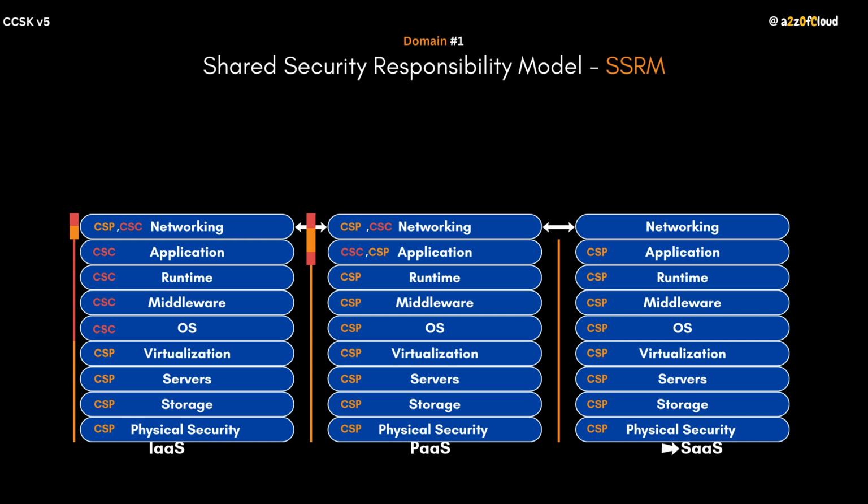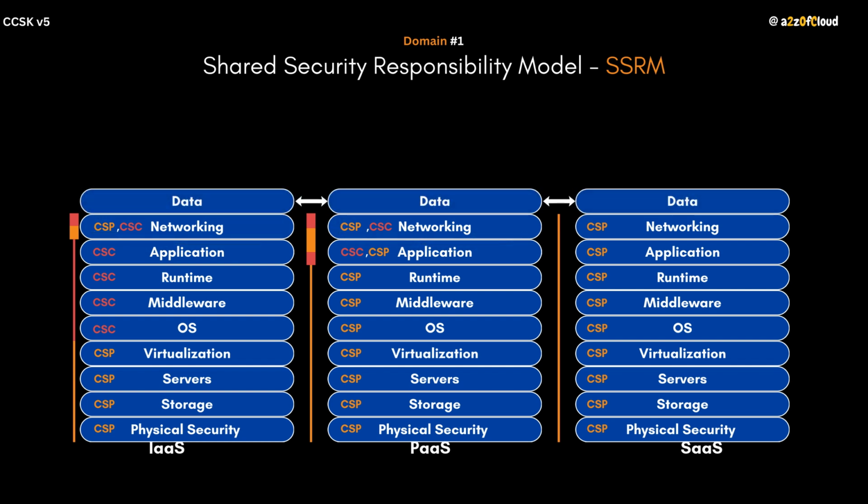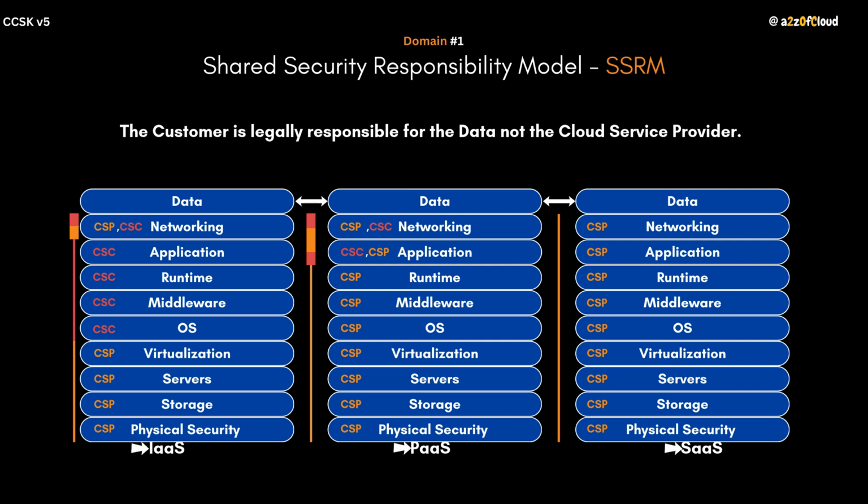In the software as a service model, all the responsibility mentioned in the infrastructure as a service model and the platform as a service model becomes the CSP's responsibility. The next layer in the shared security model is data. In all the cloud service models, the customer is legally responsible for the data. In other words, the customer, being the data owner, is responsible for protecting the data, not the cloud provider by